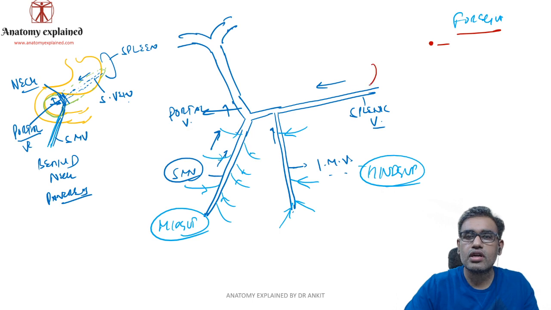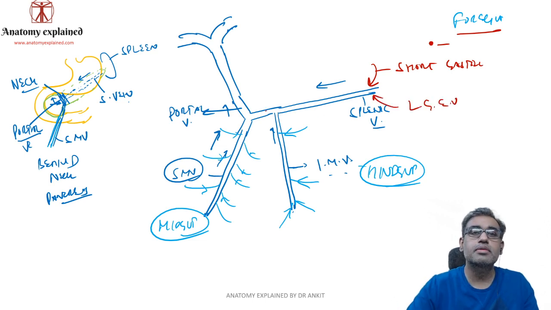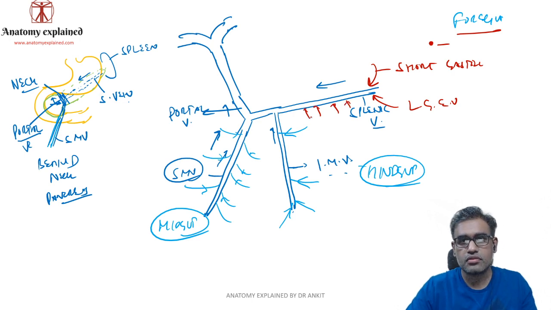Here you are entering what? The short gastric veins. I'm just writing short gastric veins will enter over here. Here you will also enter the left gastroepiploic veins. So these are the branches of splenic vein. In between, as it is passing behind the pancreas, those small pancreatic veins will enter into it. Clear? Now then it has a left gastric artery also from the celiac trunk.